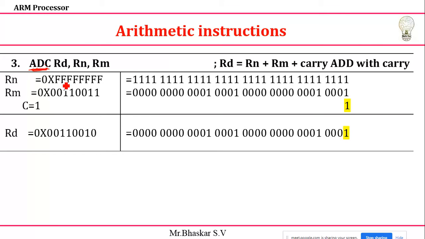So here you can see I will make small changes. You can see Rn plus Rm. Usually we store it in the RD. But Rn plus Rm plus 1 you need to do. That's all. The carry bit. You can see Rn, Rm, carry, add with the carry. So if the carry bit is 0, then 0 only will be added. If 1 is there, 1 will be added. For explanation purposes, I'll take the same example, FFF and 0, 00, 11, 00, 11, and I'm going to take the carry with C equal to 1.